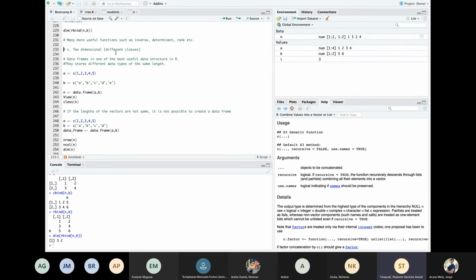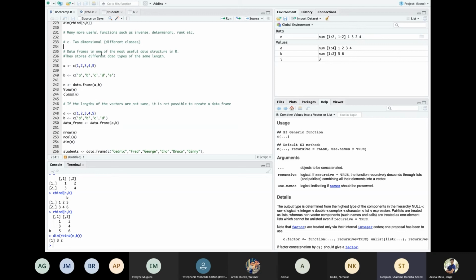So for a two-dimensional value with different classes, now we're moving on to different classes, and this is where you can combine more than one data type. Here we have A, which is numeric, and B, which is a character, and we are creating what we call a data frame, and data frames are some of the most useful values. So all the values that you could manipulate, you can run for modeling, are data frames mostly, and you will find tons of data frames that are predefined in R that you could actually use to experiment with your R